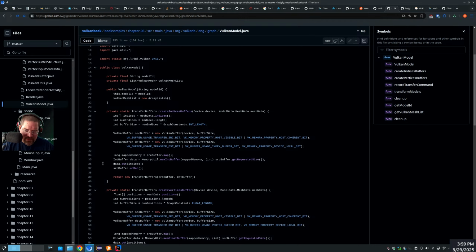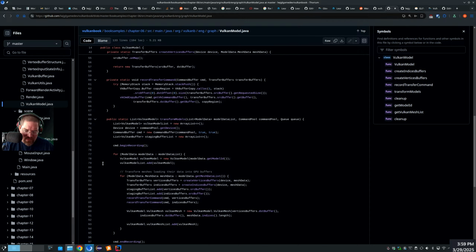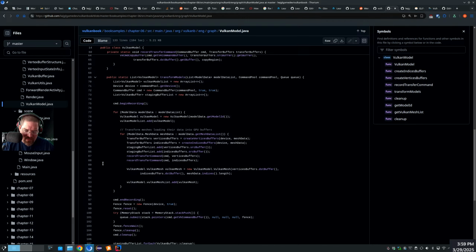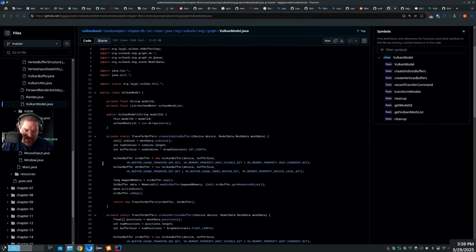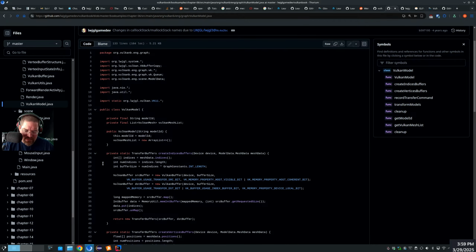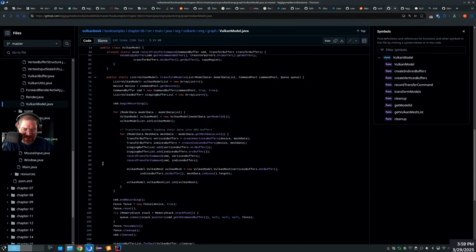How is it? Model data list is passed in. And it's returning